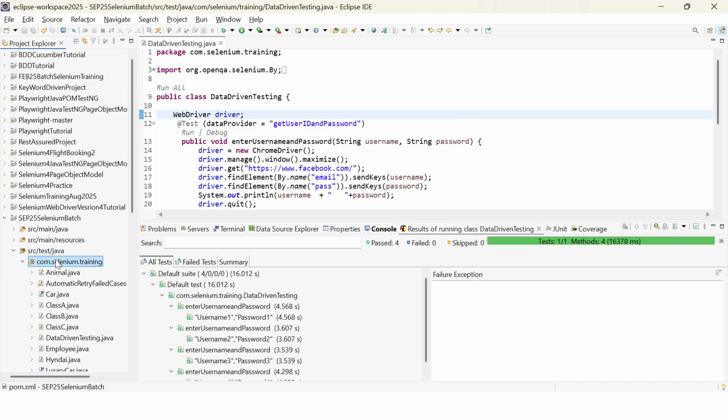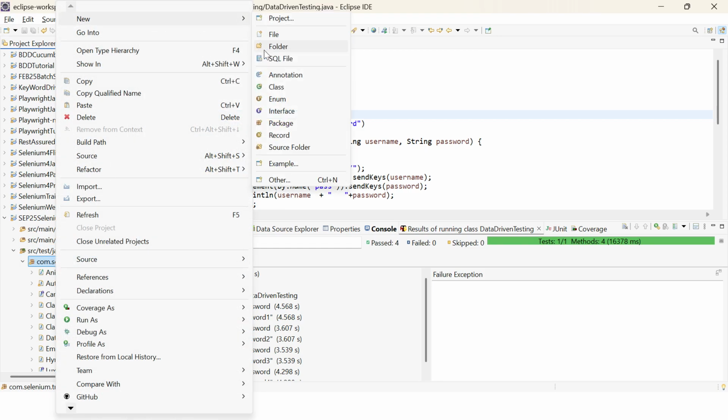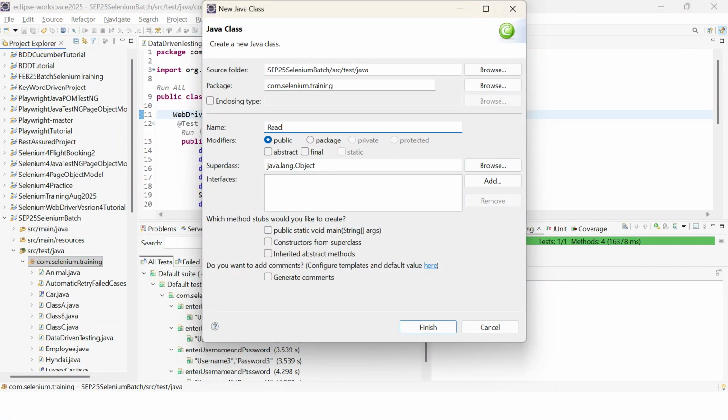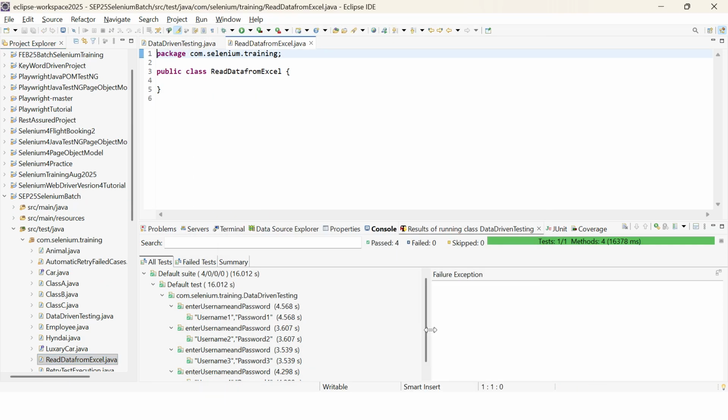Let's try to create a normal class, say ReadDataFromExcel, so that you can understand easily, or ReadExcelData, anything you can do. No need to select public static void main. Click on finish. Now here you can define some global variables,